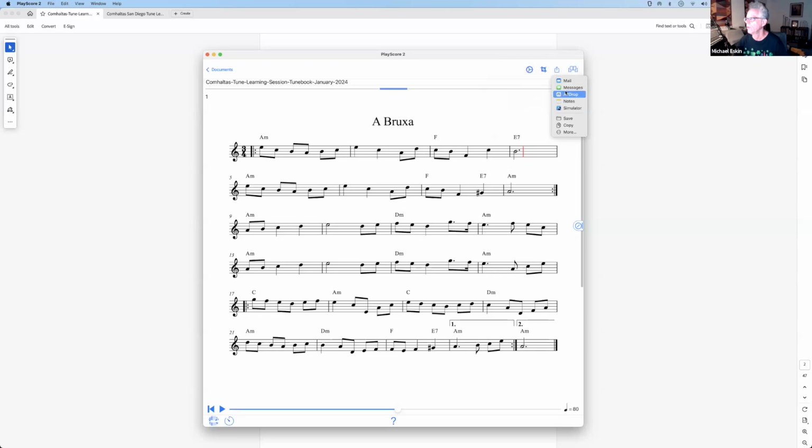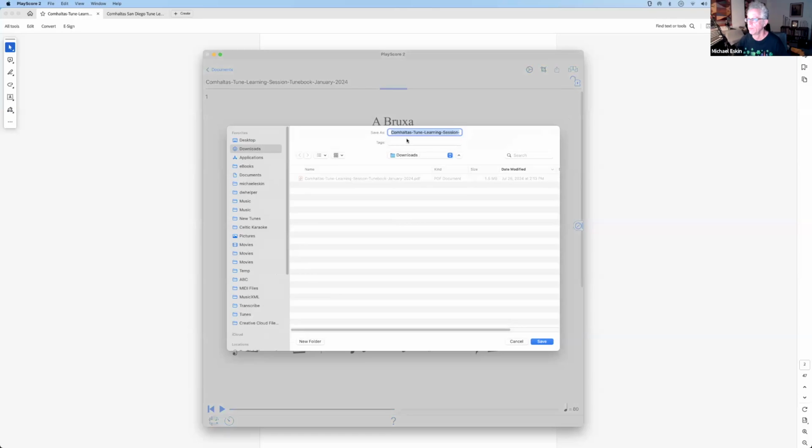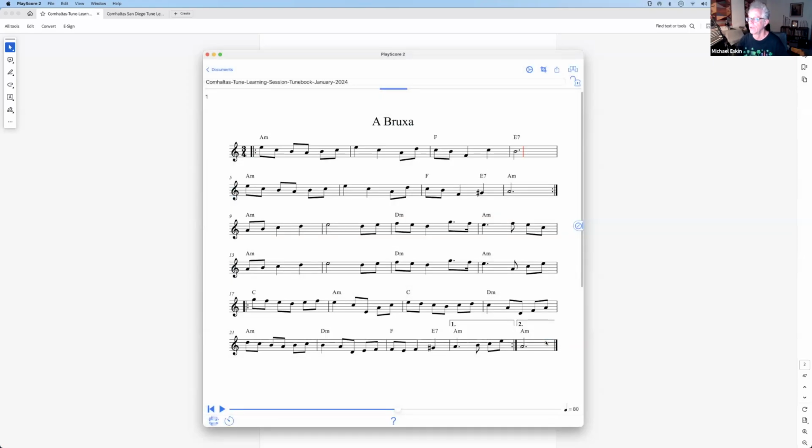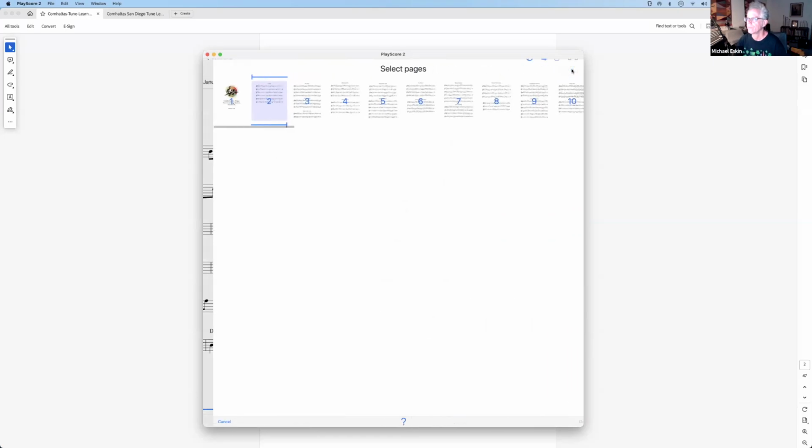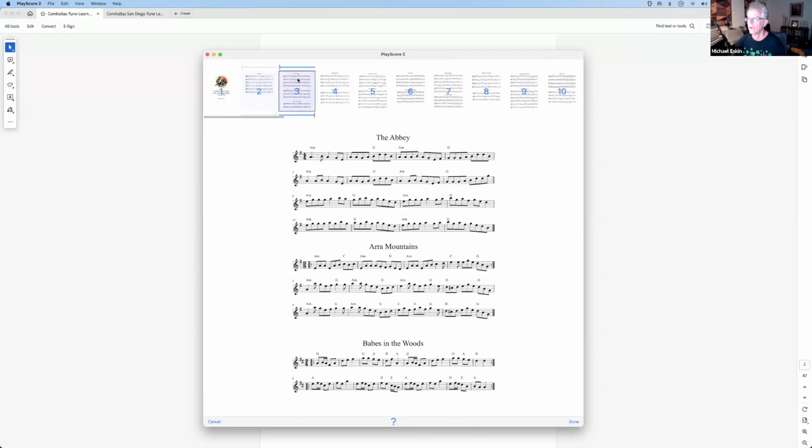And it'll say, what do you want to do with it? I want to save it. And then I'll just put it in my downloads directory here, and I'll just give it the same name, abruksa.xml. And now I'll go back to the page selector, and I'll get the next set. So I'll go to the next one, and again, we do these one at a time because I want each of these tunes to be in a separate file